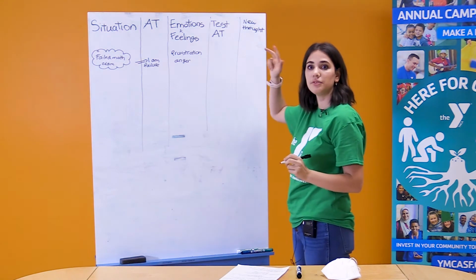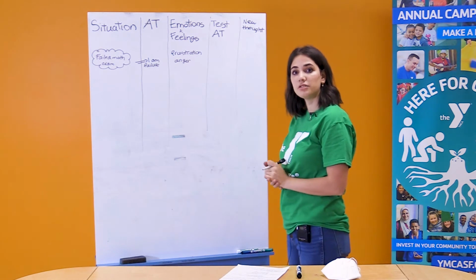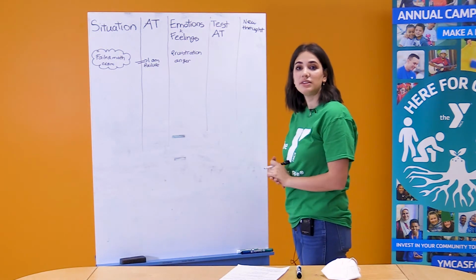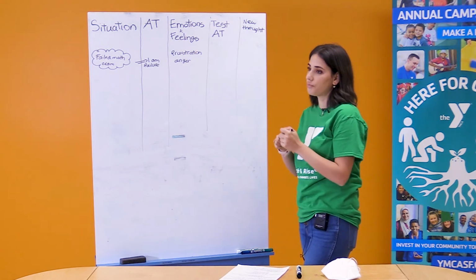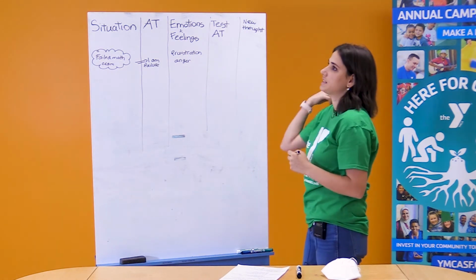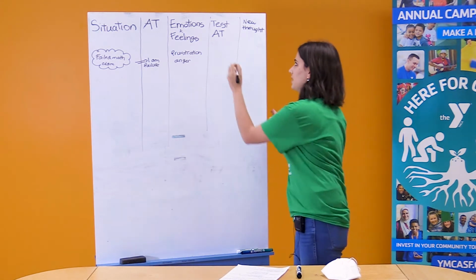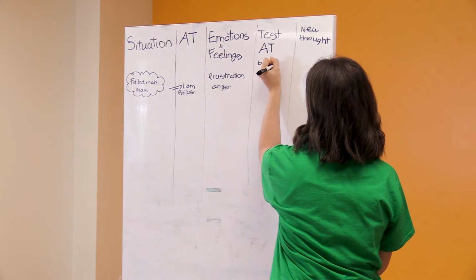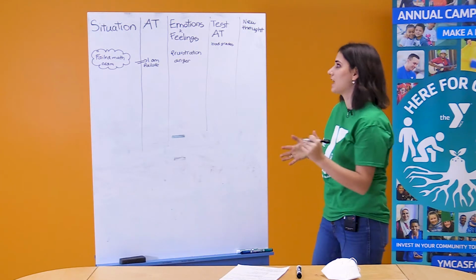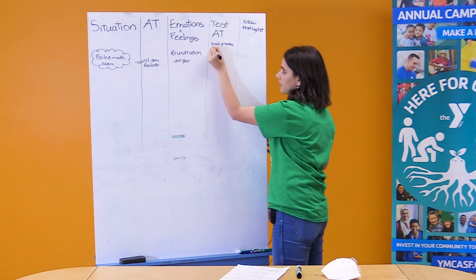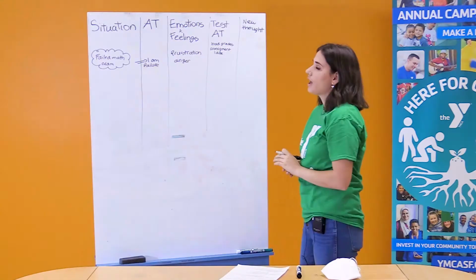So now, you have to test your automatic thoughts. You can do this in three ways. One way is to ask yourself what evidence supports your automatic thoughts and what evidence contradicts your automatic thoughts. So for example, one piece of evidence that supports my automatic thought is that I received a few bad grades recently. So you write it down. And maybe I handed in an assignment late. So I'm going to write this down. And my teacher complained about it.